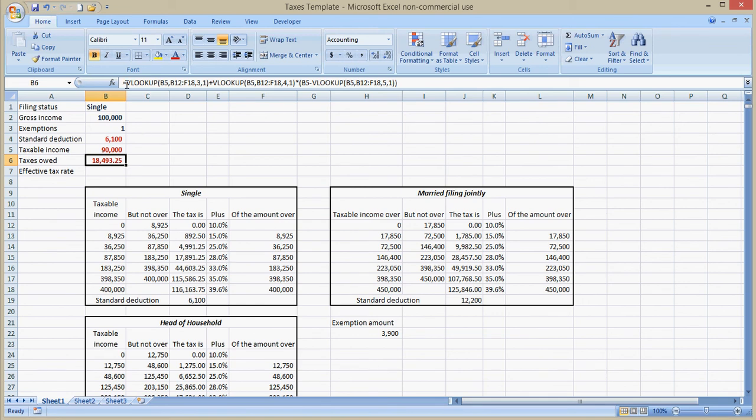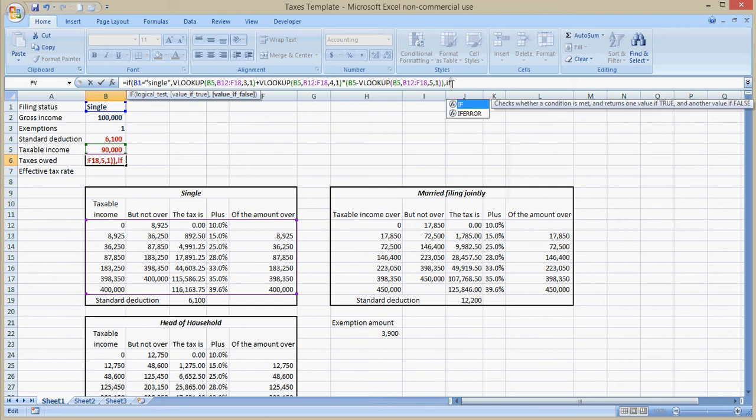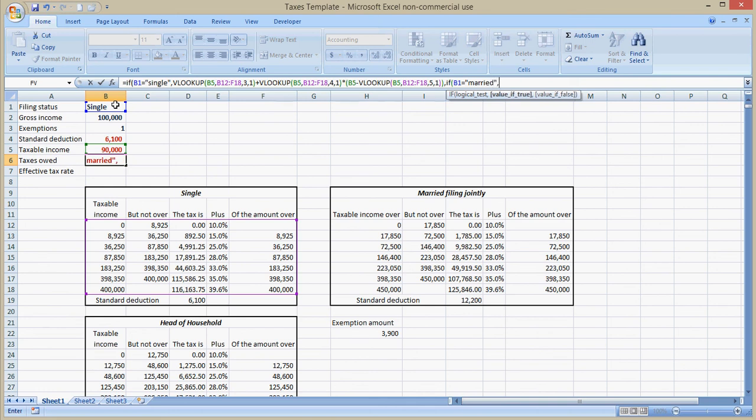Alright, so I've got to do the check in my single. It's going to be IF this is equal to single, comma, do that. If not, I've got to say, are you married? So IF, open parentheses, this is equal to quotes married, comma,